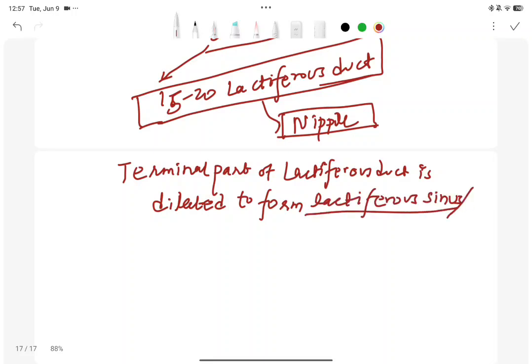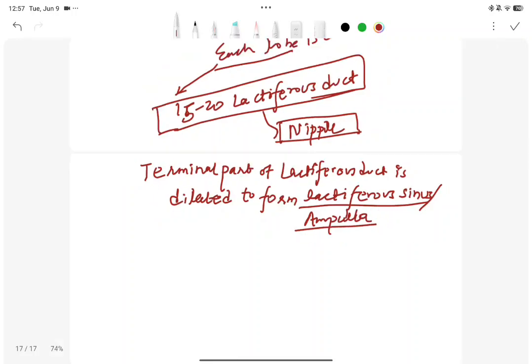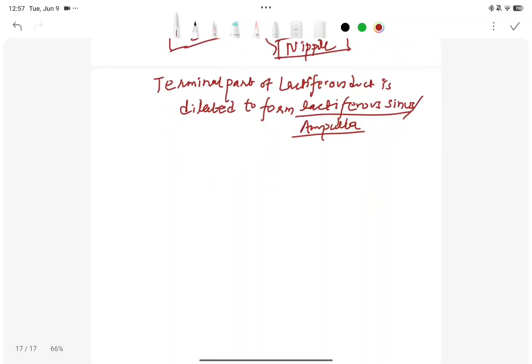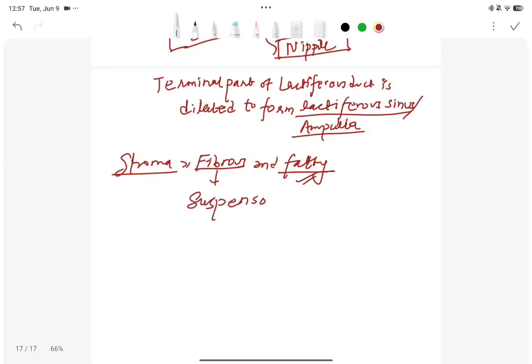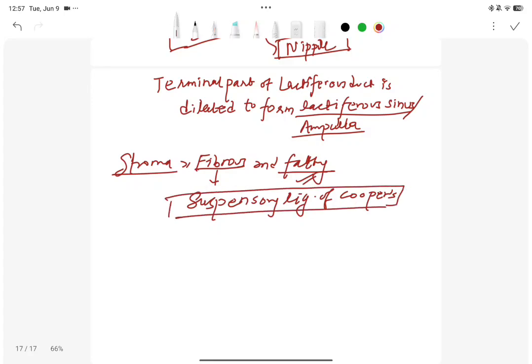सो इट टेम्पोरली स्टोर द मिल्क है। एन्ड अब स्टोमाको कुरा गर्छौँ भने देयर इज द फिब्रस है, देयर इज स्टोमा है। स्टोमा मैले अघि भनिसकेँ, स्टोमामा देयर इज द फिब्रस एन्ड द फ्याटी कम्पोनेन्ट। फ्याटी कम्पोनेन्ट इज फर्म्ड बाई डिपोजिसन अफ फ्याट एन्ड द फिब्रस कम्पोनेन्ट इज फर्म्ड बाई द सस्पेन्सरी लिगामेन्ट अफ कूपर्स।